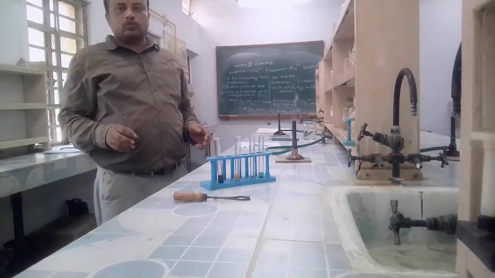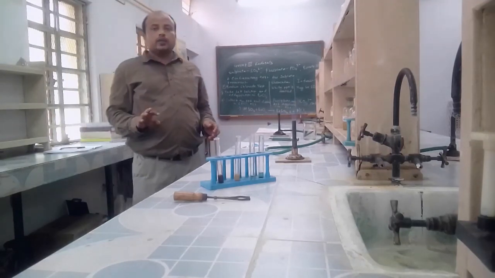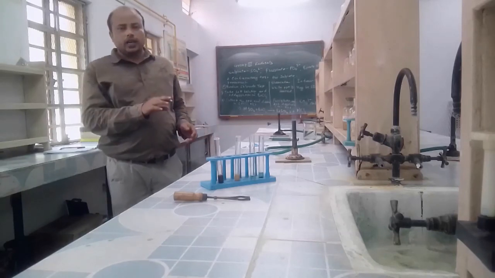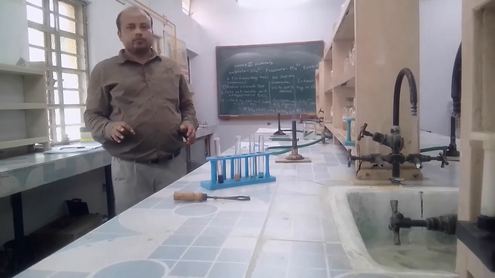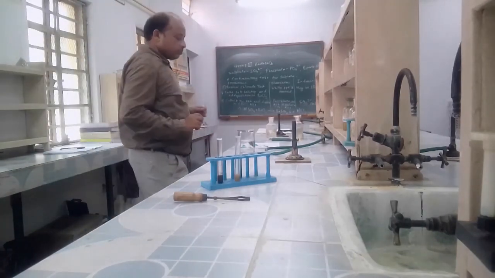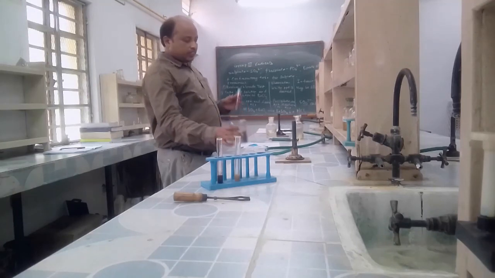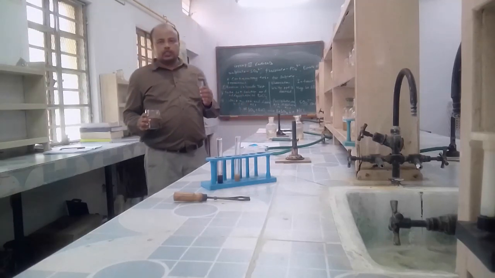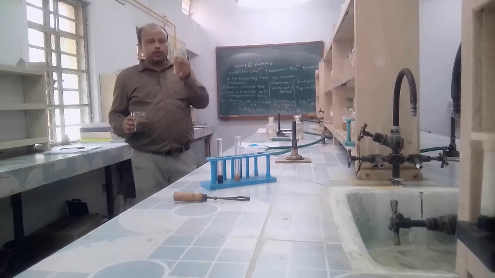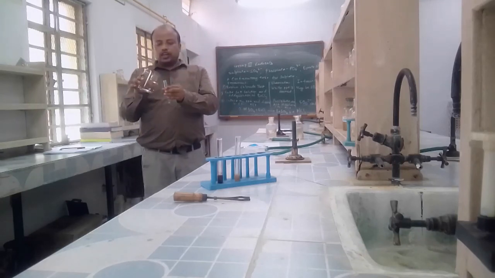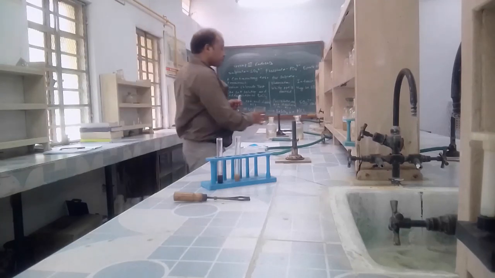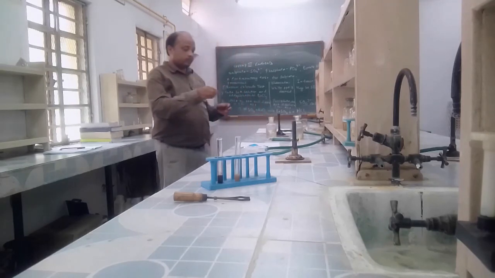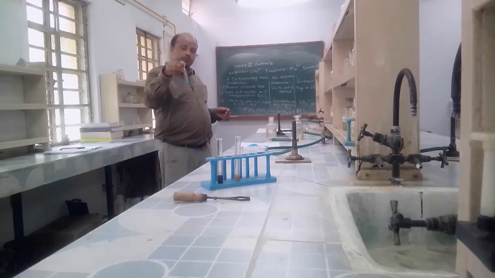Now we'll perform the anion part, that is the acid radical. I will confirm what acid radical is present in the given salt sample. Now student, we will test for the anion or the acid radical present in the given salt sample. What we have to do? We have to take the dry salt and add some amount of distilled water. Now you see here, now it is salt solution. Now what we have to do?